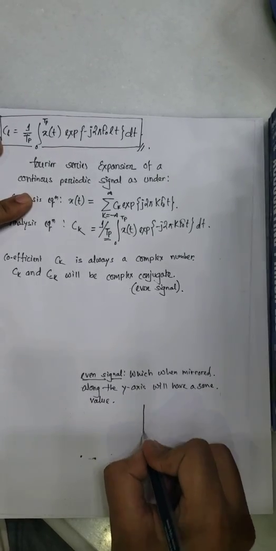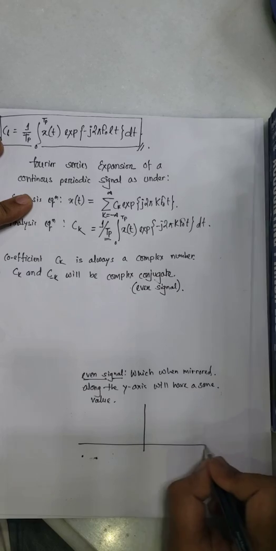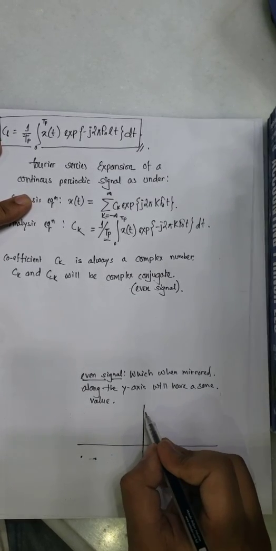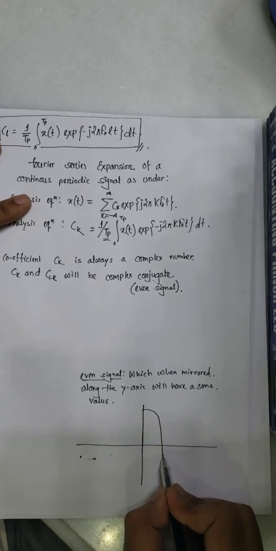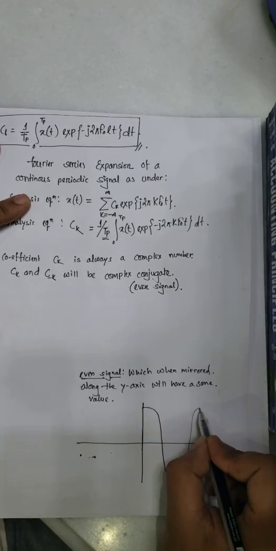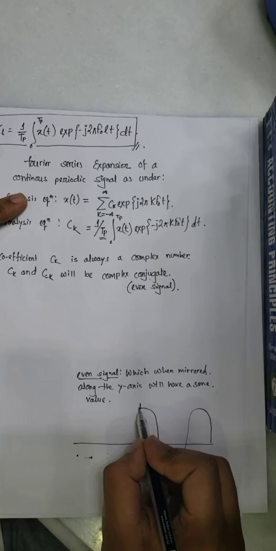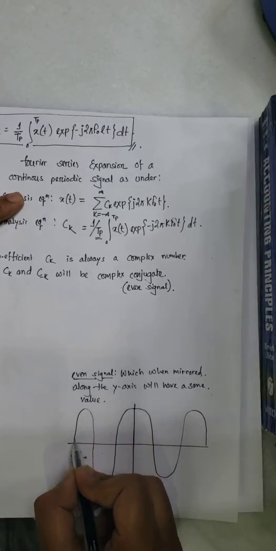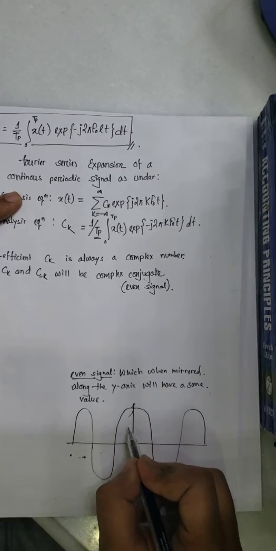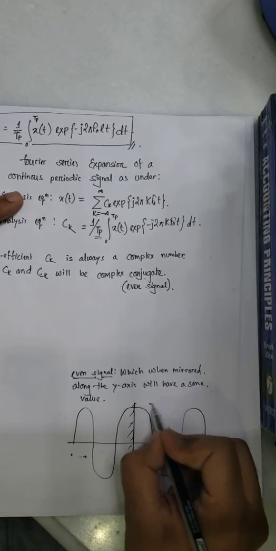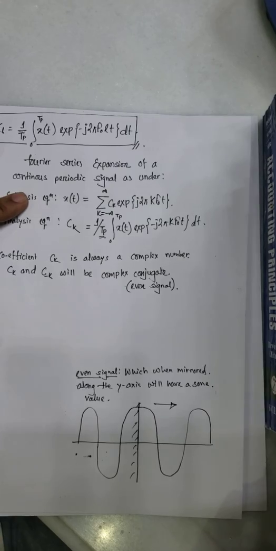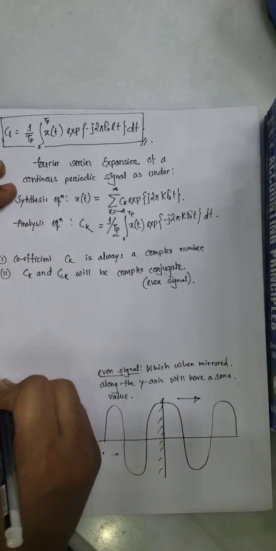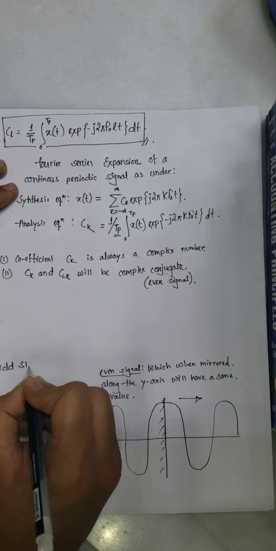For instance, if we draw a cosine curve like this, if we mirror it, we get the mirrored version of this part over here. So this signal is an even signal, whereas the odd signal